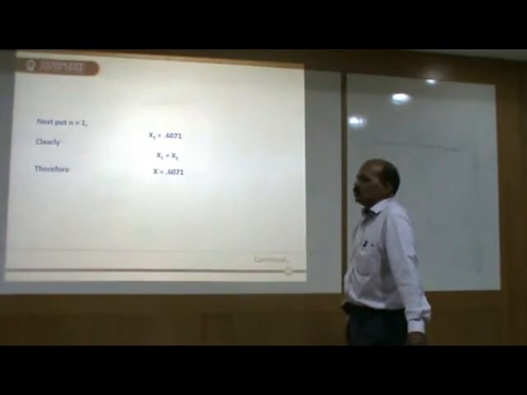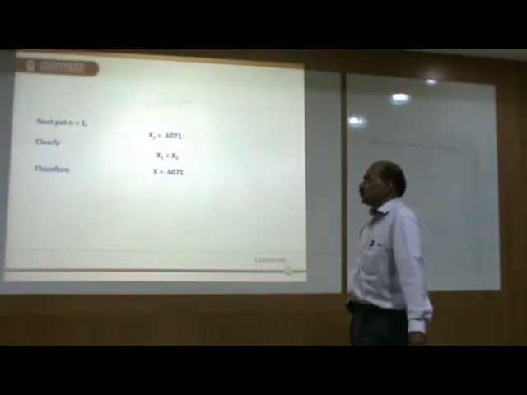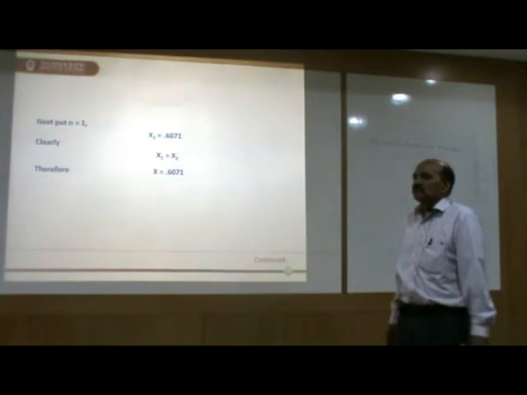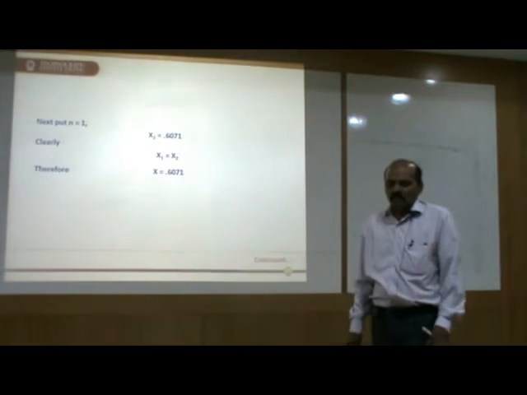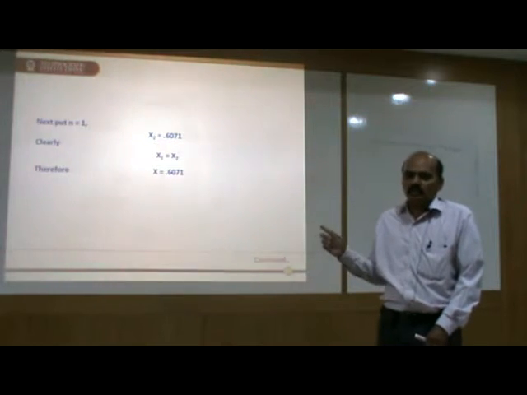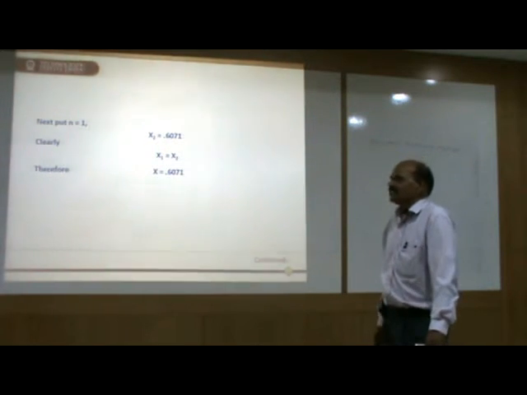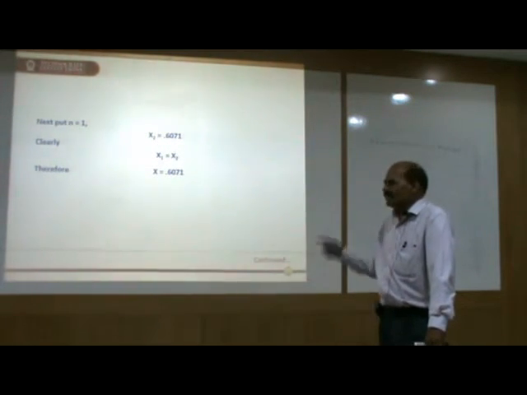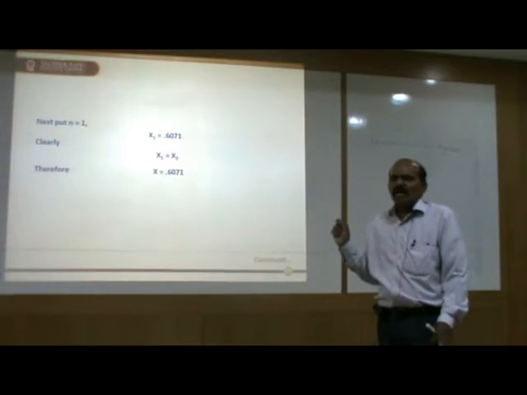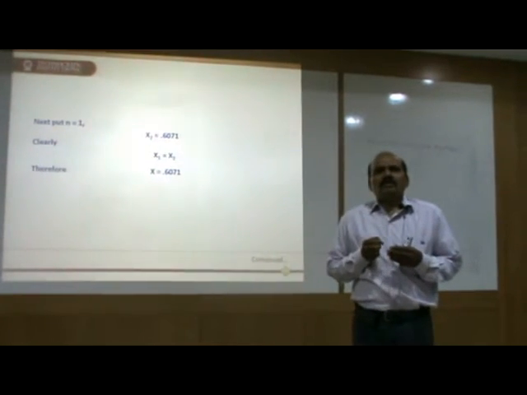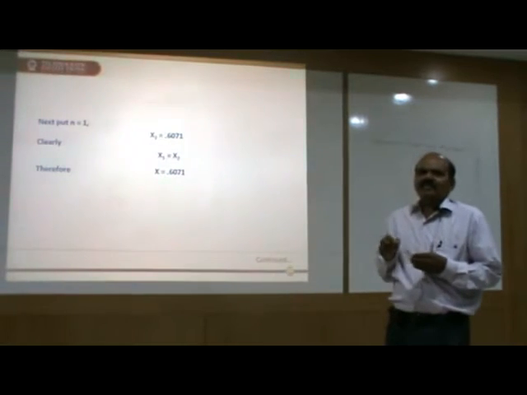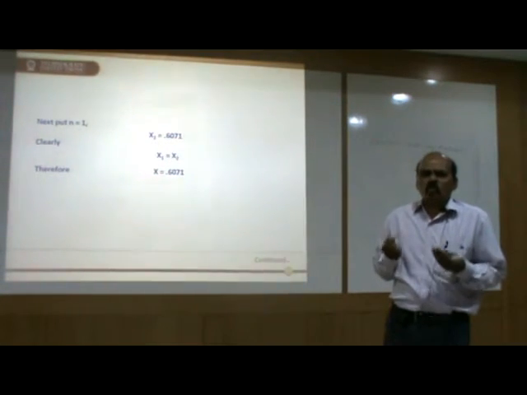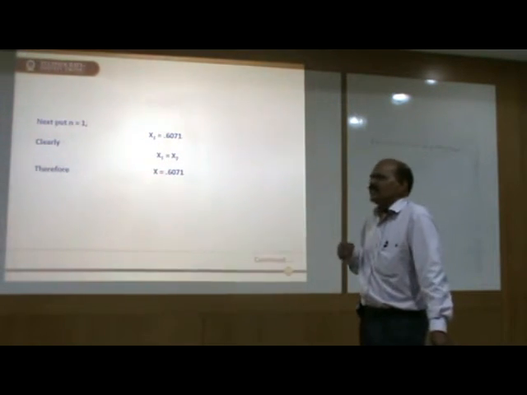Therefore, the correct value of the root is x = 0.6071. So we can conclude that one of the real roots of this equation is 0.6071. In the same question, if we had chosen x0 not as 0.6 but 0.5 or 0.4, then the number of iterations will